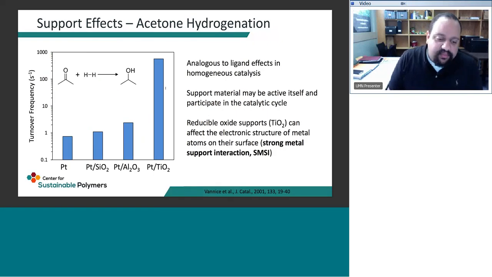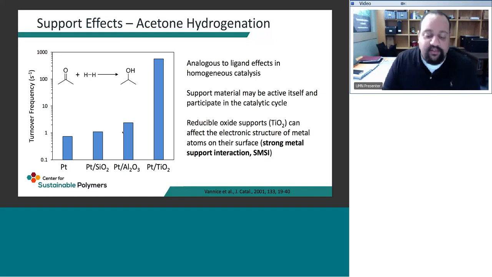Now, another concept in terms of beyond just the active site is the support material on which the active site sits. Up until this point, we've just been talking about the support as just an inert material, which is a high surface area material that you disperse your active site onto. But for example, here in the case of a platinum catalyst, what's been shown by Van Ice is when you take a supported platinum catalyst, whether it's in the bulk, just as the platinum case here on the figure all the way on the left, or if you put it on a silica support, alumina support, you get some differences,